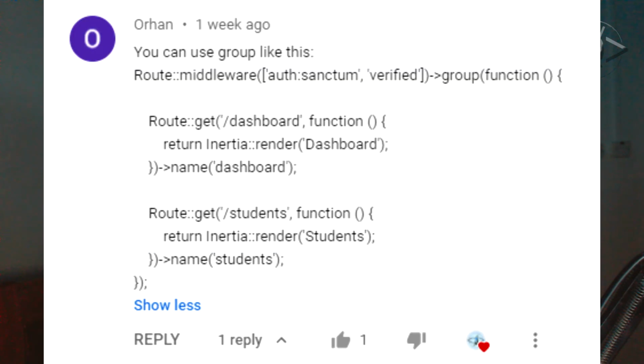Orhan says you can use a group like this: route middleware, auth sanctum, verified, group, route get dashboard function, and so on. Essentially this is what he is saying, and I put this down when I saw it, and I said I was going to show you guys what to do about it.